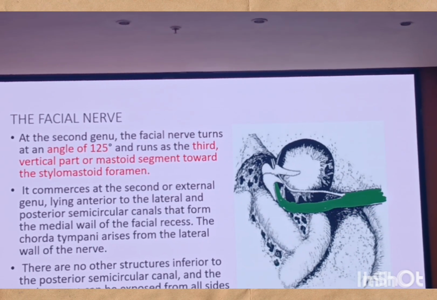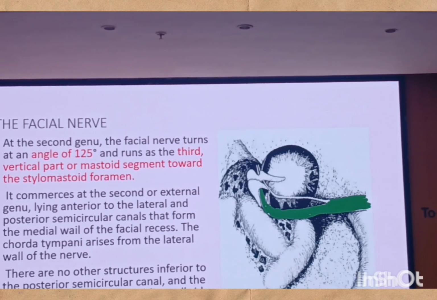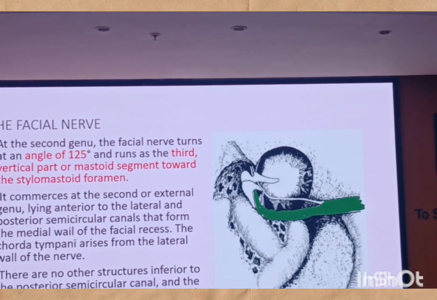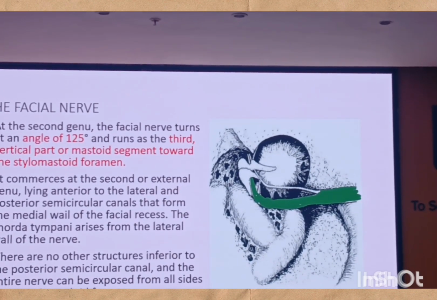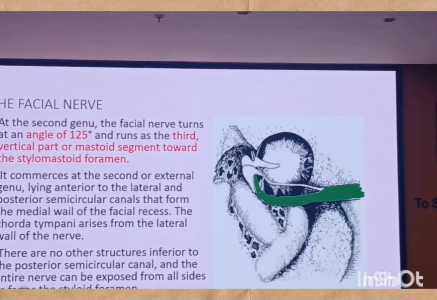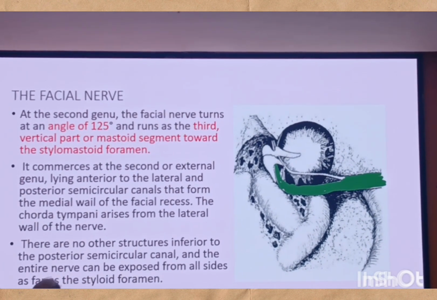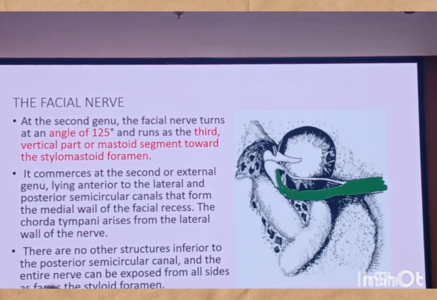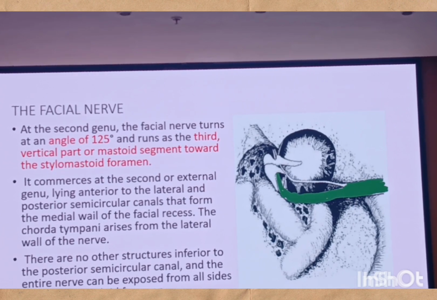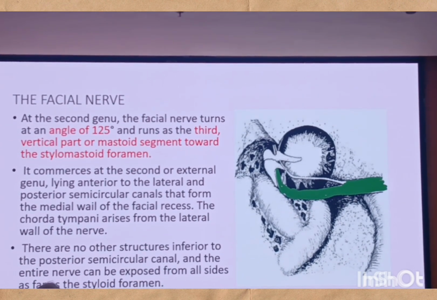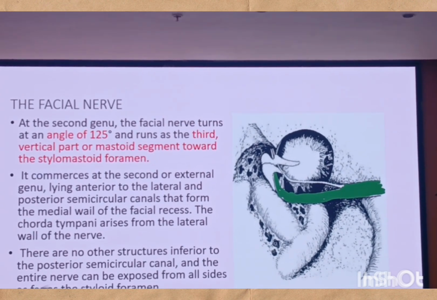Coming to the vertical portion of the facial nerve, it forms the second genu and this one is obtuse. Then it runs down. It will be in relation to the lateral semicircular canal, aditus, pyramid as we have already discussed, and the posterior semicircular canal. So you can see this is the posterior semicircular canal and there is no structure beneath this. Facial nerve is not related to anything after the posterior semicircular canal. So if you are doing a facial nerve decompression, we can remove the bone 360 degrees after the posterior semicircular canal. So we might not injure anything else. After this, it reaches the stylomastoid foramen and goes towards the parotid, gives its terminal branches and ends there.